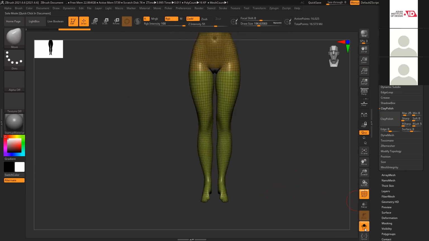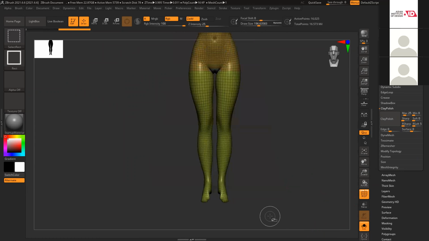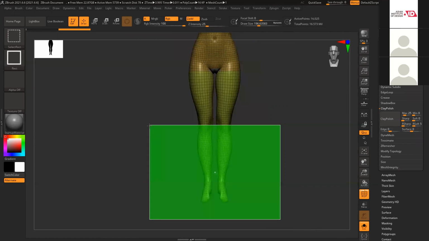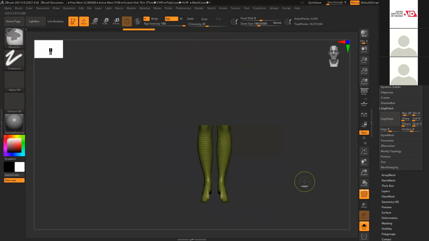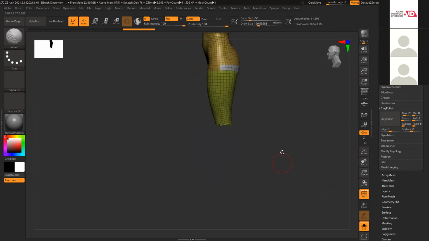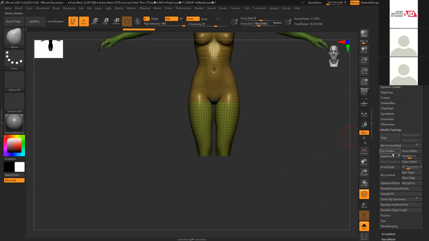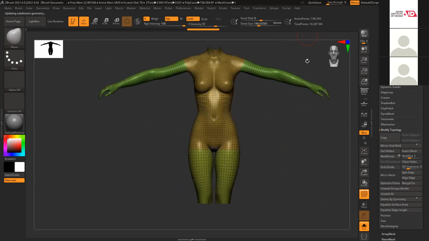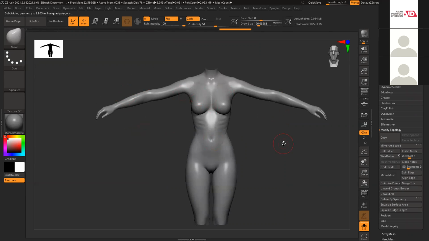Shift F, invert. But in this invert, this won't work. If I try to delete, this might not work. Oh, worked. So it reduces some amount of polygons. Control D. So for the body, I'll keep it quite low.